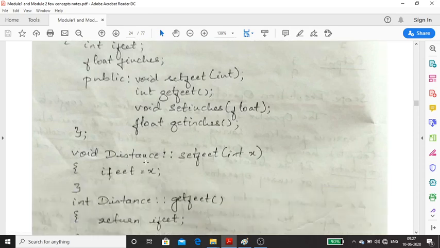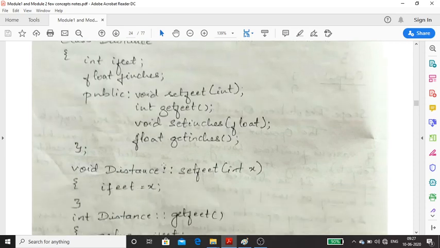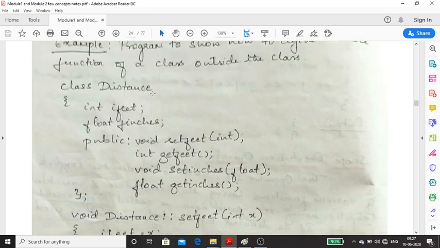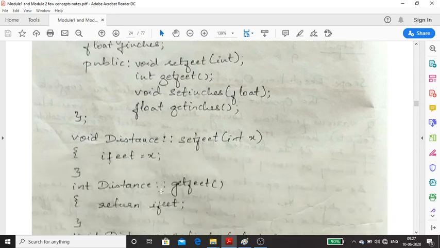So if I want to write a definition outside the class, you can take the help of the scope resolution operator. See, void set feet. This is a function name, void set feet. In between void and set feet, just add the class name followed by the scope resolution operator. Int get feet, in between int and get feet, just add the class name. The class name is distance, followed by the scope resolution operator. That's it.